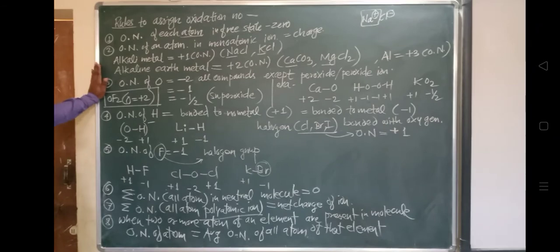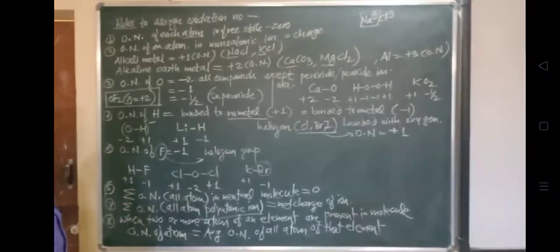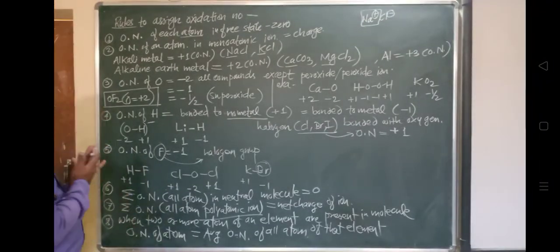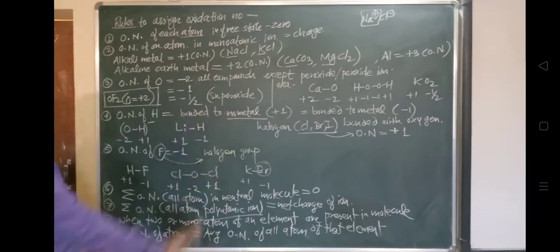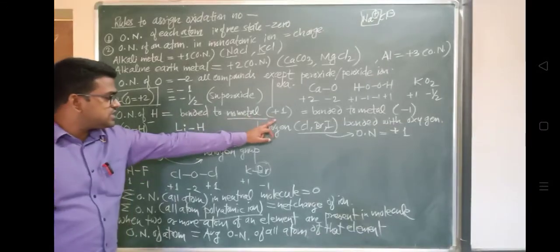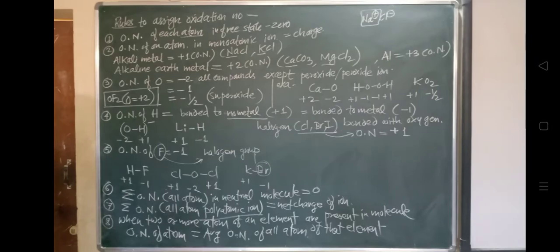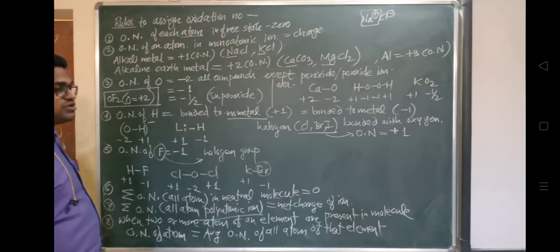Next one is hydrogen. If it is bonded with the non-metals, नॉन मेटल के साथ अगर ये बॉन्ड होता है, generally non-metals are present in the periodic table on the right side. जिगजैग लाइन के बाद वाले जो एलिमेंट्स हैं, those are non-metals. In case of non-metals, when this hydrogen is bonded with the non-metals, it is showing a +1 as the oxidation number. वो एक इलेक्ट्रॉन लूज कर देगा, इलेक्ट्रॉन लूज कर देने के कारण +1 उसका ऑक्सीडेशन नंबर आ जाएगा.